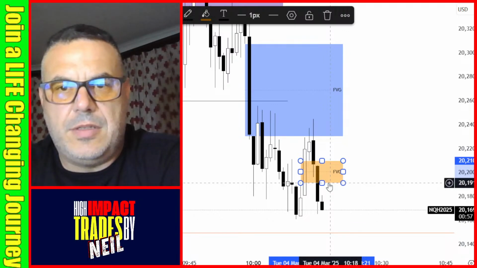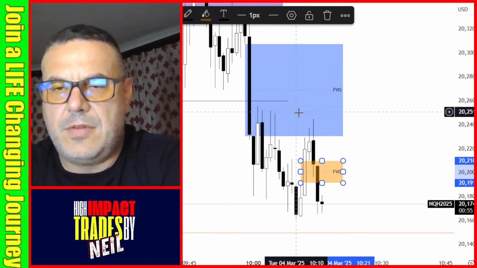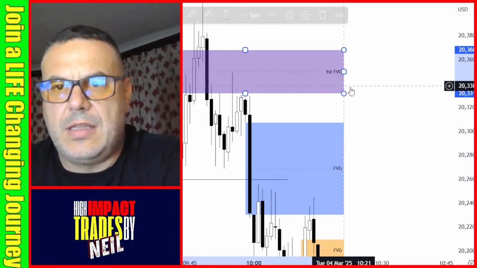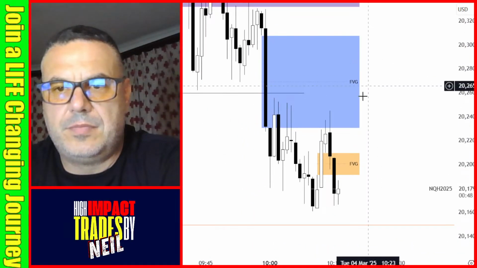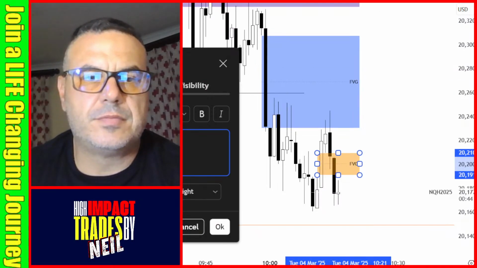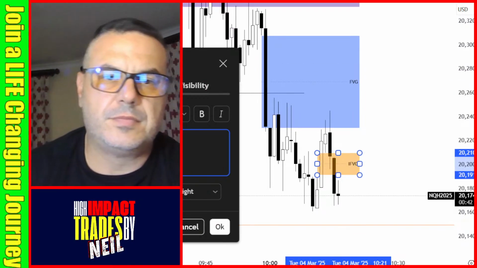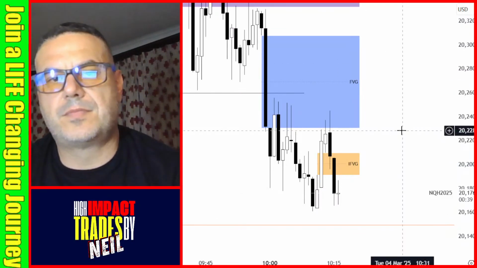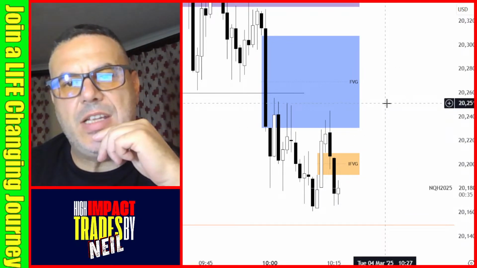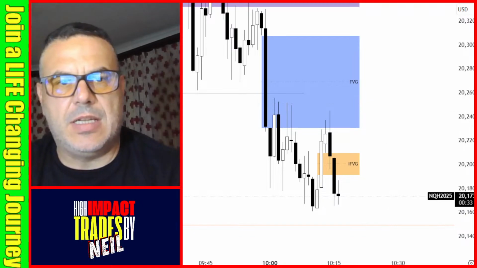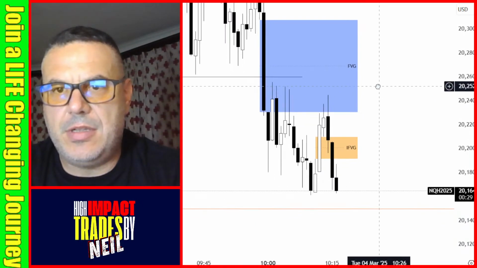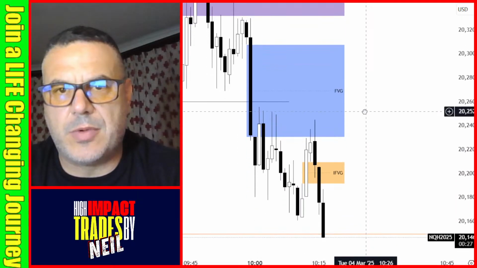That's a little IFG there. There's lots of liquidity up here again, like yesterday, and we didn't even get there. Too many trades, and none of them was A+, so I don't even know why we're trying to take these trades. Maybe sometimes it's just better to sit and wait.